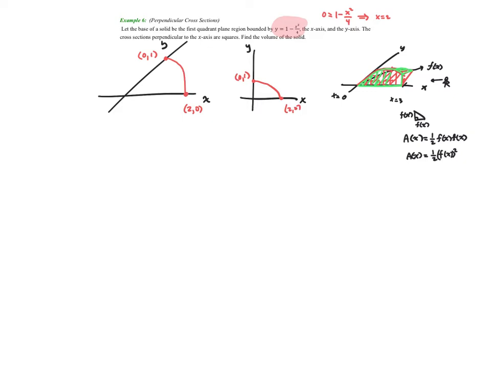So what I'm going to do is I'm going to create a square. Now, I've drawn this too large for us to really be able to sketch it accurately, so I'm going to shrink it down just a little bit. I'm going to put a 1 here and a 2 here. And I'm going to create squares. So here's a square